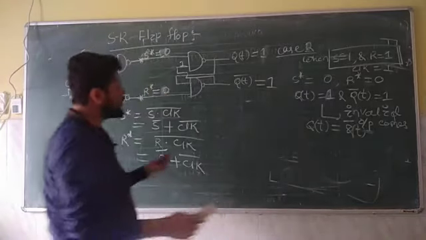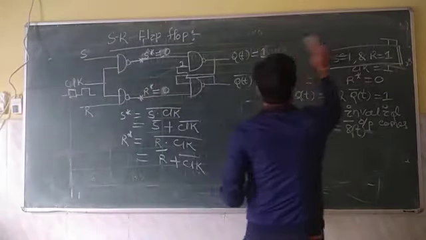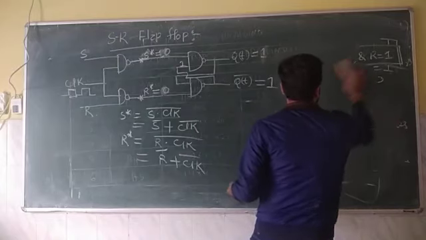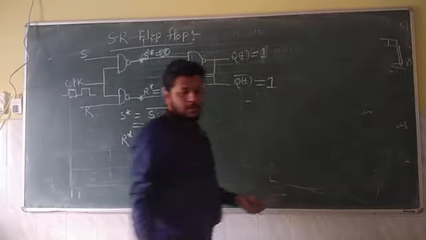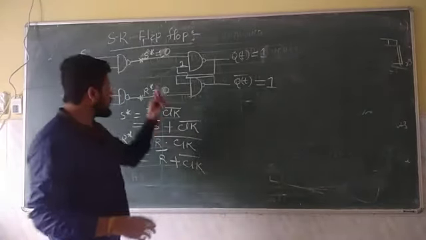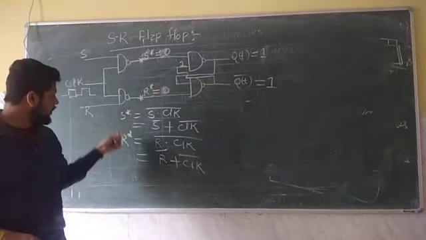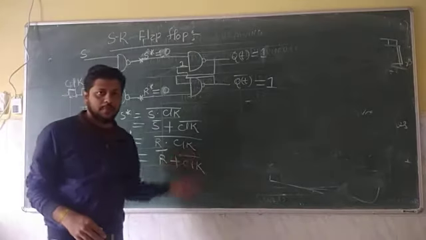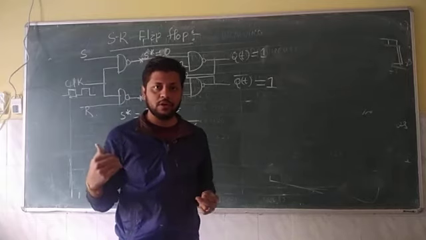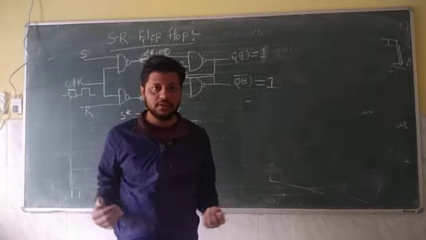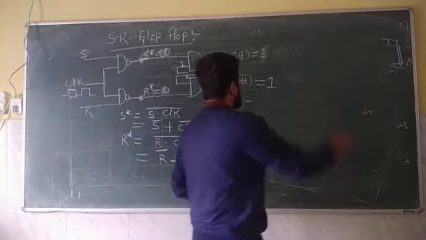So now we will draw the truth table. How will the truth table be? So remember this step. If at all they ask you about the SR flip flop, draw the circuit. Then this is your S bar R bar. We must apply De Morgan's law. Then case 1, case 2, case 3, case 4. That is 0 0, 0 1, 1 0, 1 1. 4 cases must be discussed, and from that conclusion, I am going to draw the truth table.